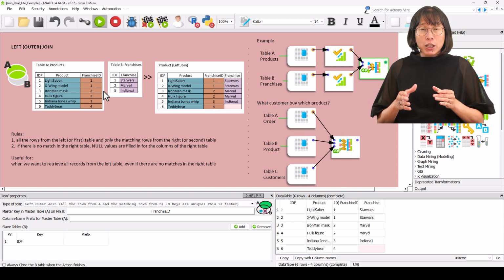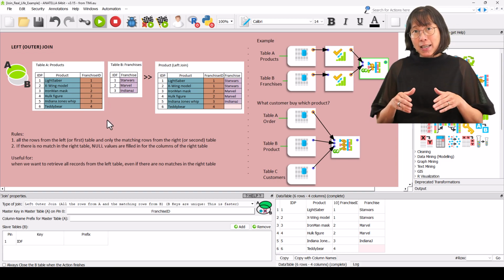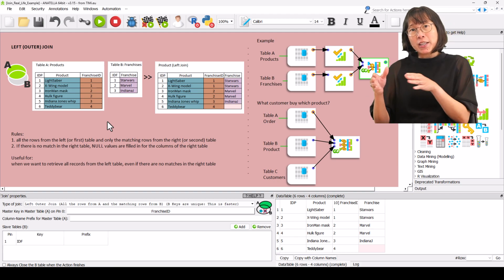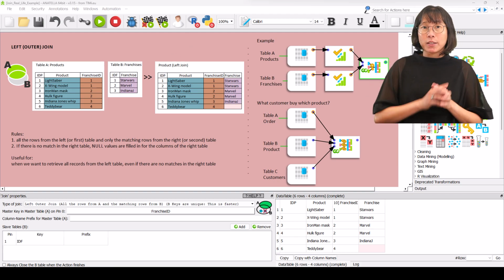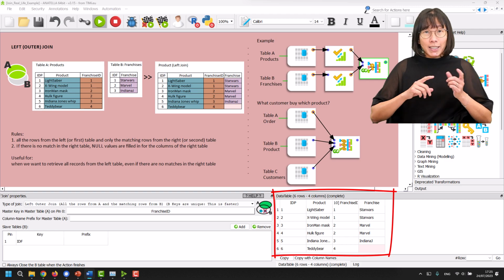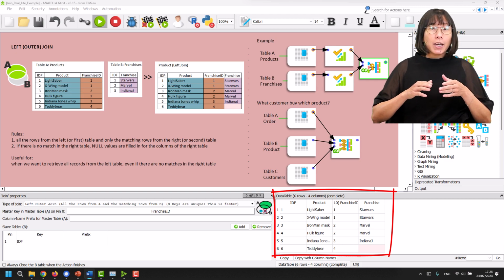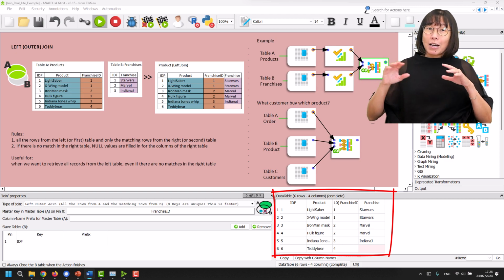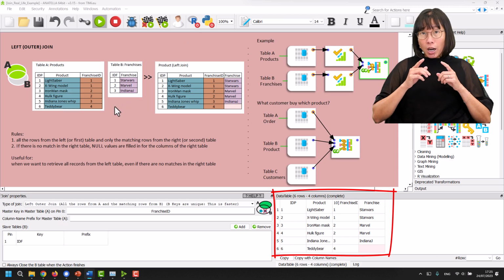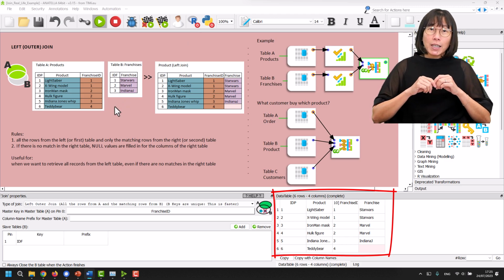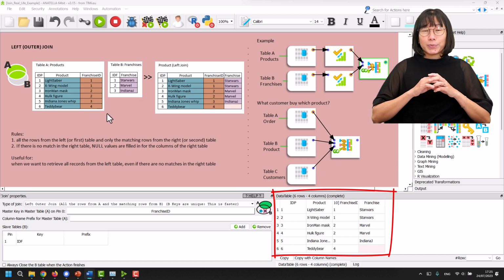Inside the join, the primary key is always inside the slave table and the foreign key is always inside the master table. You can see here the table that is the result of the left join operation between the product table and the franchise table. Now, you might be wondering, how is this result table actually computed?